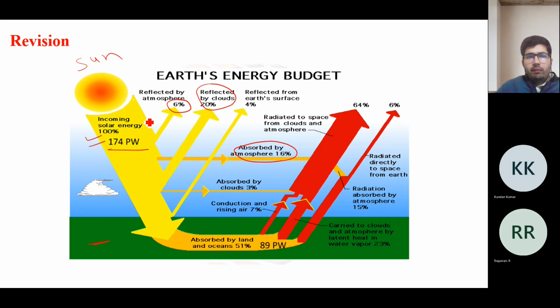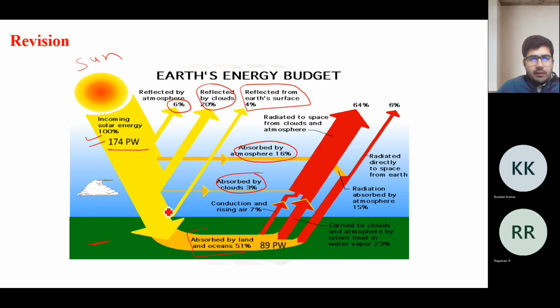Okay, so 20% will be reflected back by the clouds. Then further coming, 3% will again be absorbed by the clouds. So the remaining energy is again coming, and 4% will be reflected from the earth's surface. So when this remaining energy is striking the earth, 4% will be reflected. So remaining only